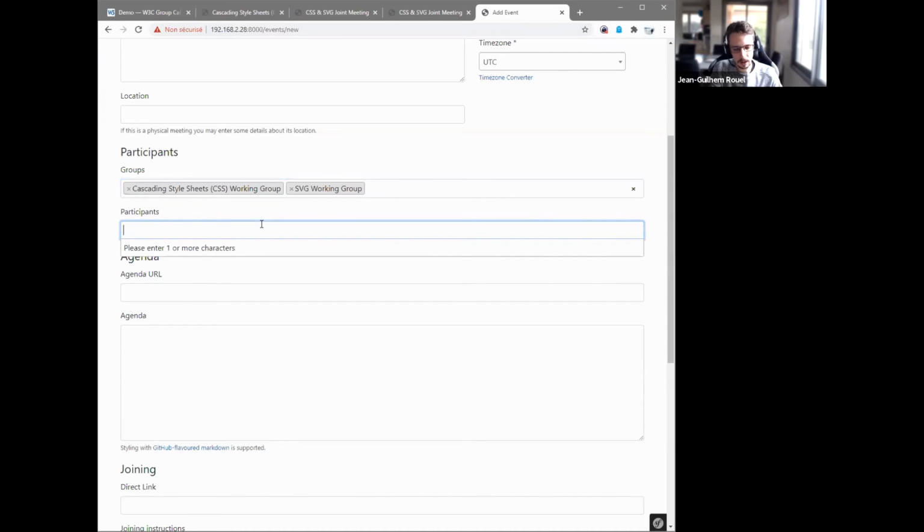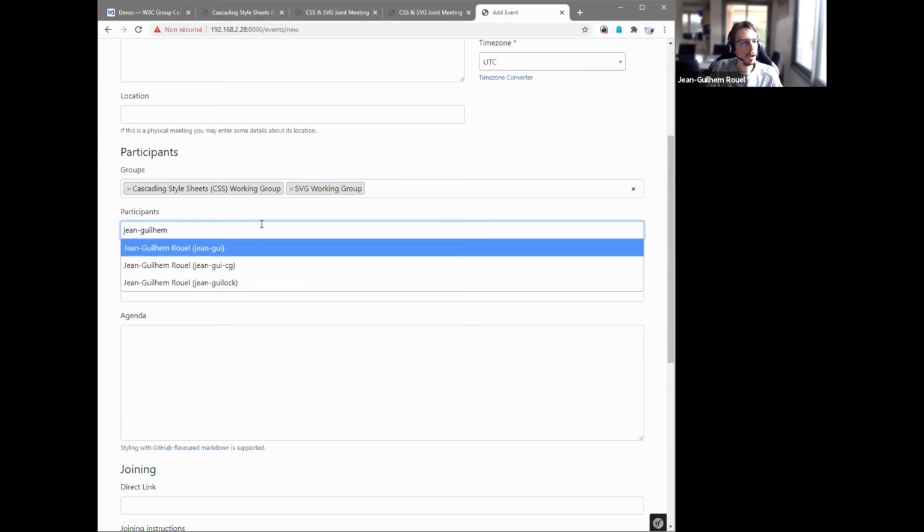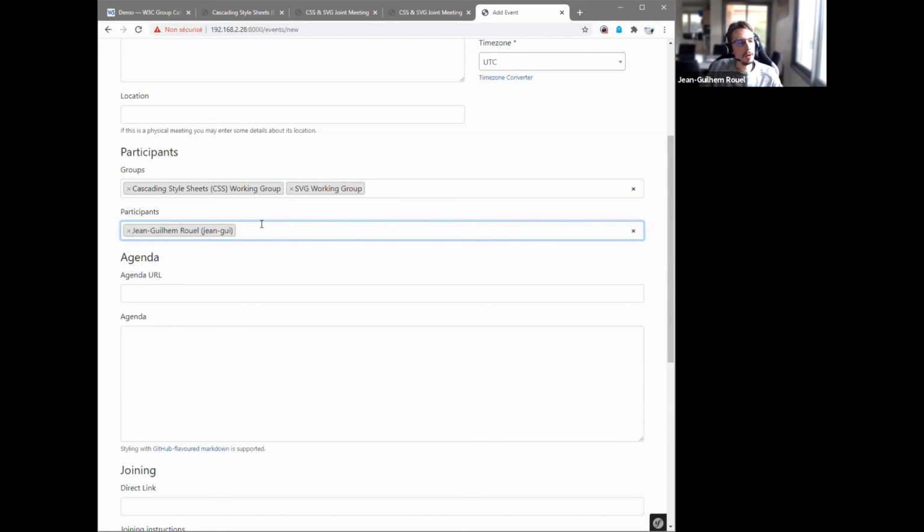I can also invite individual people. One thing to note about individuals is that right now you can only invite people who have W3C accounts, not just anyone in the world. That's something we may add in the future. And again, if you think it's useful or not, please let us know.